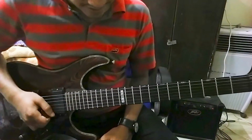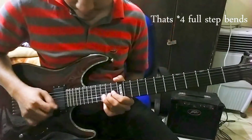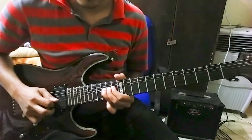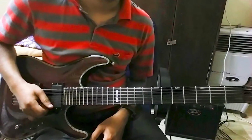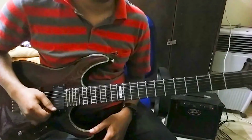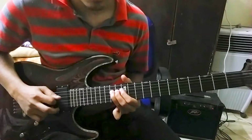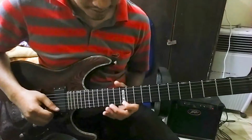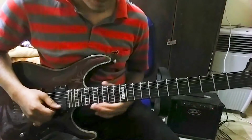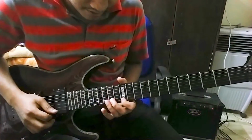Alright, the third section starts with three 4-step bends on the 15th, and then what follows next is a pentatonic run, which I am sure most of you are familiar with. So it starts on the 12th of the higher E, 12th of the higher E, 15th of the higher E, back to the 12th of the higher E, and then